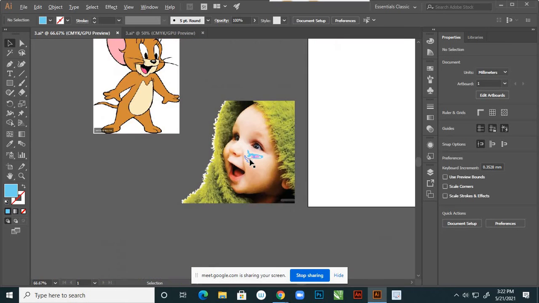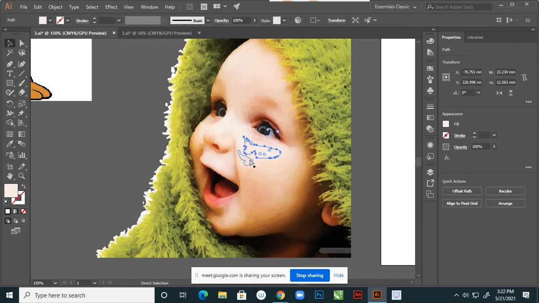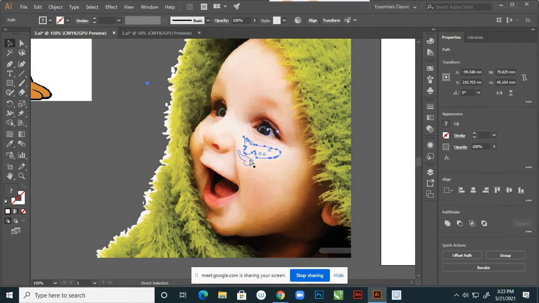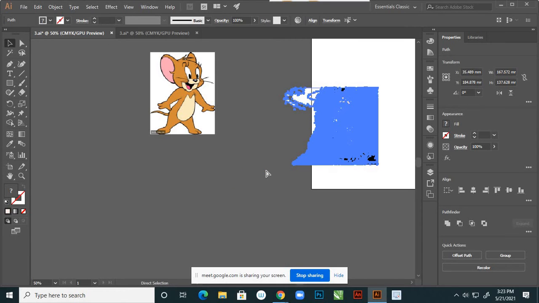So this way you can change your colors. Suppose I am giving Control Z and Control Z, I am applying continuously because I want to get back to a normal. Very good option from this Illustrator.